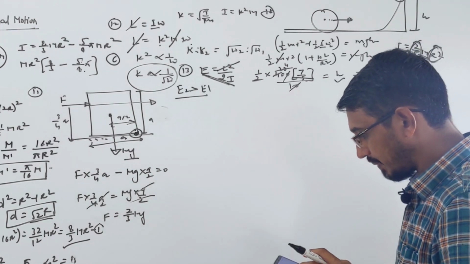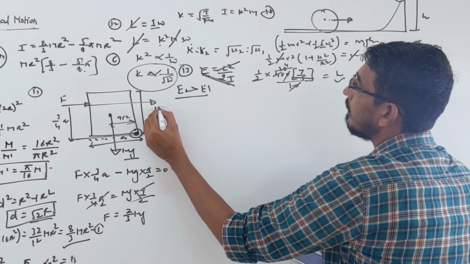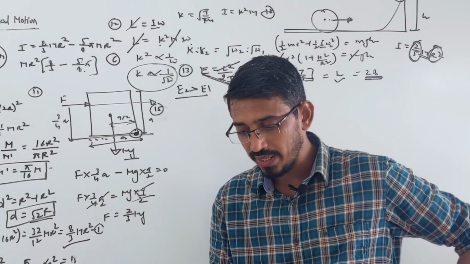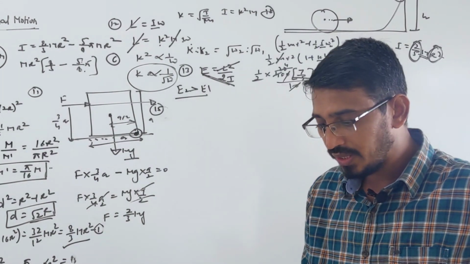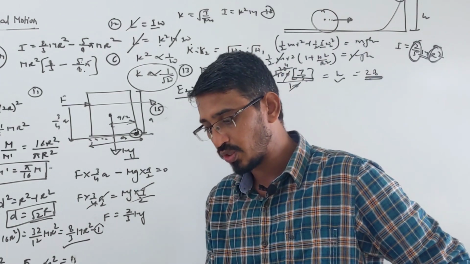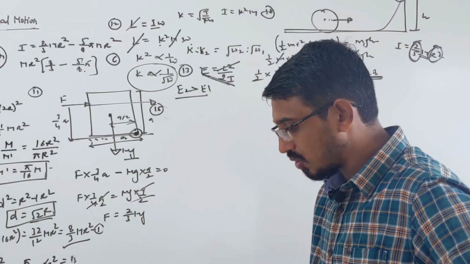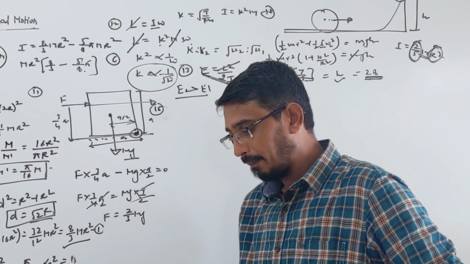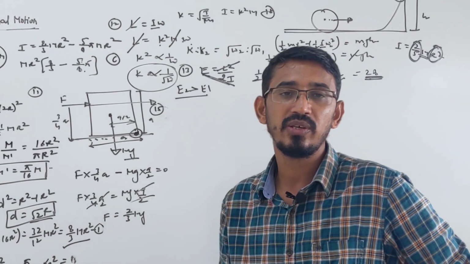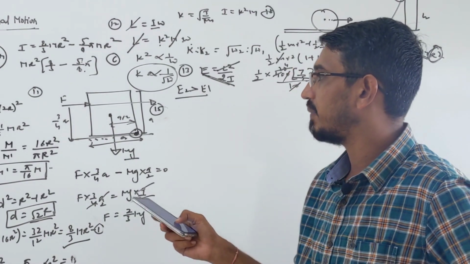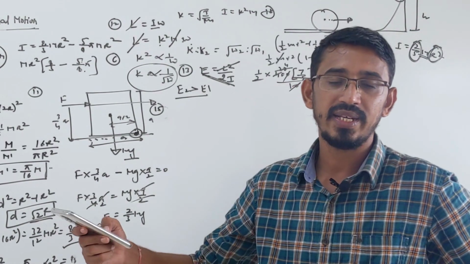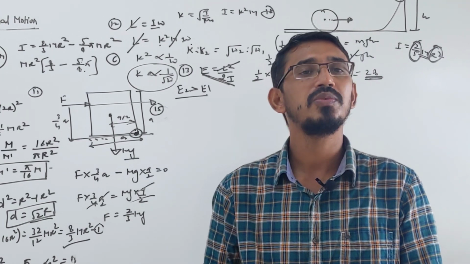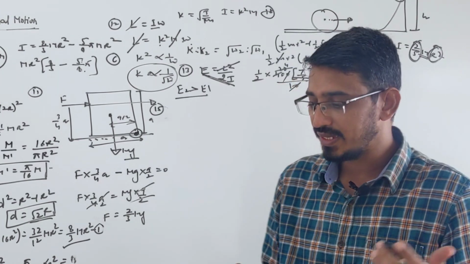And the next question says, 15th question. A disk is rotating with an angular velocity of omega naught. A constant retarding torque is applied on it to stop the disk. The angular velocity becomes omega naught by 2 after n rotations. How many more rotations will it make before coming to rest? A similar question comes about a bullet also, like we had done in work energy power, that a bullet is entering a wall. When it enters this much distance, velocity becomes this much, how much further will it go before stopping. Exactly the same question we have tried.